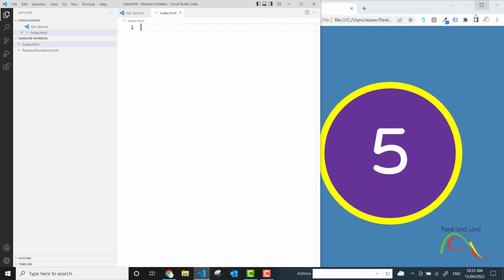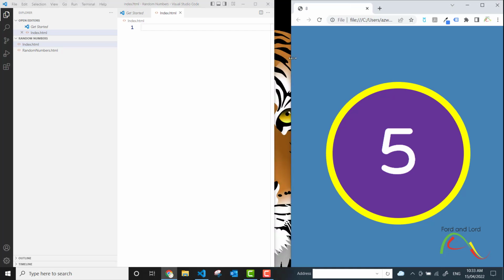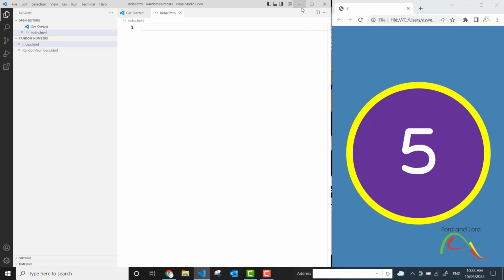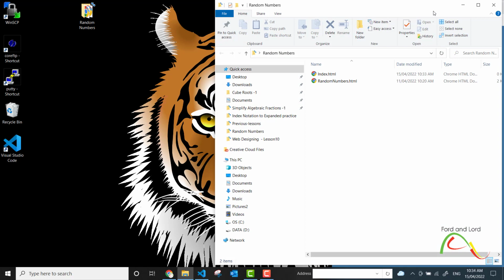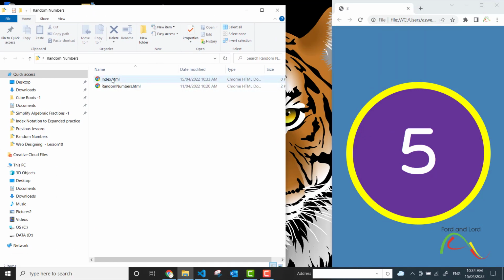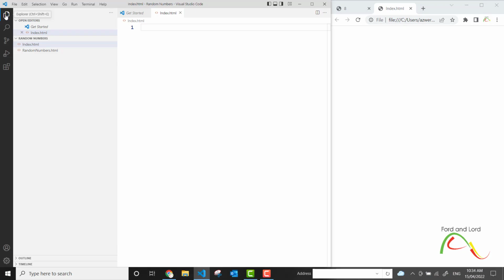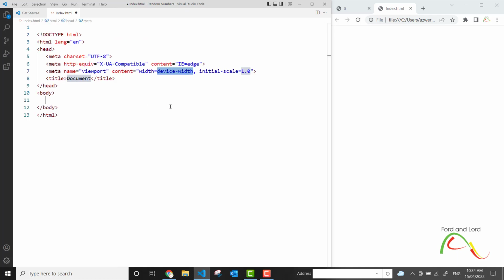and if I change the size of my browser, my editor, I'll decrease the size of this browser so you can see things side by side, and minimize this text editor. Double click on the folder, and this is the new document index.html that we have just created. Double click on it, and this is a blank document. I will minimize the Explorer, and I will type in an exclamation mark and press tab to create a basic boilerplate or basic HTML skeleton, and I will call it